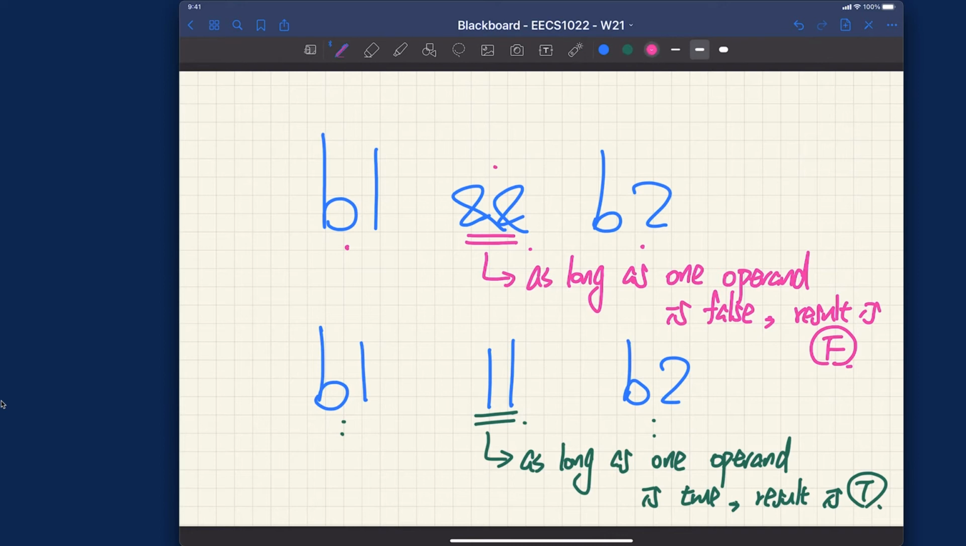So now that means over here, if B1 is already false, means no need to evaluate B2, because the result will be false anyway. Symmetrically,